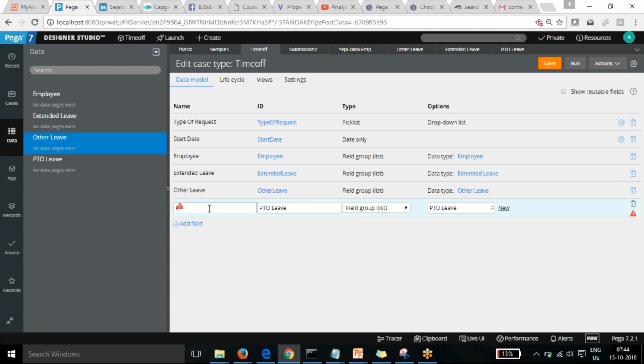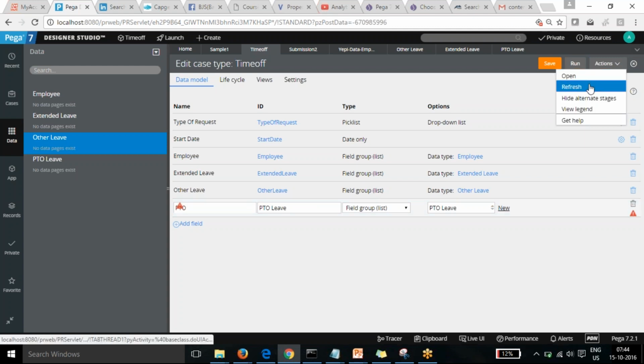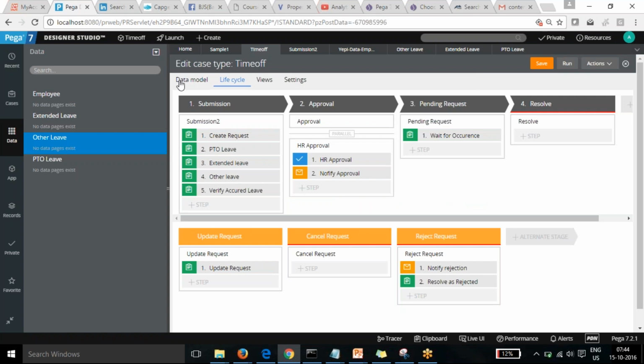Okay, I just changed it to PTO only and I saved it. Trying to save. I just replaced it and it should not be an issue. Doesn't it say what the error or problem is?